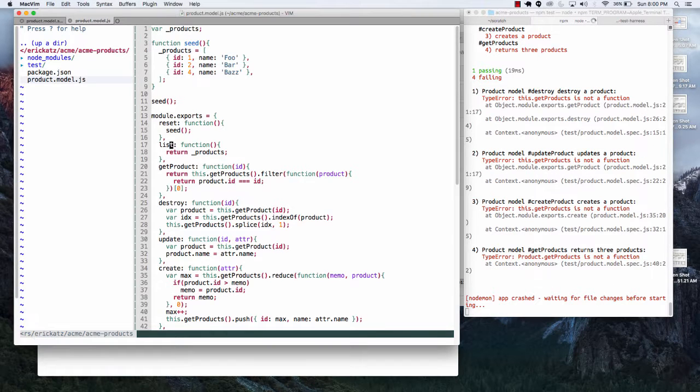But we could just go back here, and everywhere we have getProducts, we could call it list. We're calling this in a bunch of spots, so probably a copy, find and replace would be better. List,